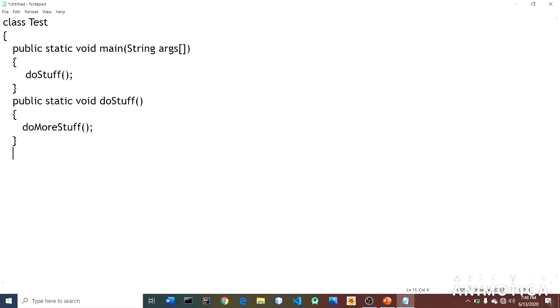So we have to define another method named public static void doMoreStuff. In doMoreStuff we have to print hello world.